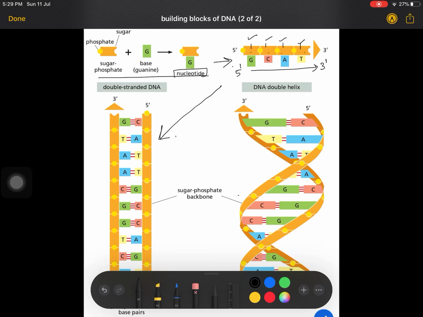Next, here you can see a double stranded structure. It is going from 5' to 3' and this is coming from 5' to 3'. The bond between cytosine and guanine is a triple hydrogen bond. The bond between adenine and thymine is a double hydrogen bond. Once it has formed 2 strands, it will form a double helical structure to form a complete double helix DNA. So this is how the DNA structure is formed.